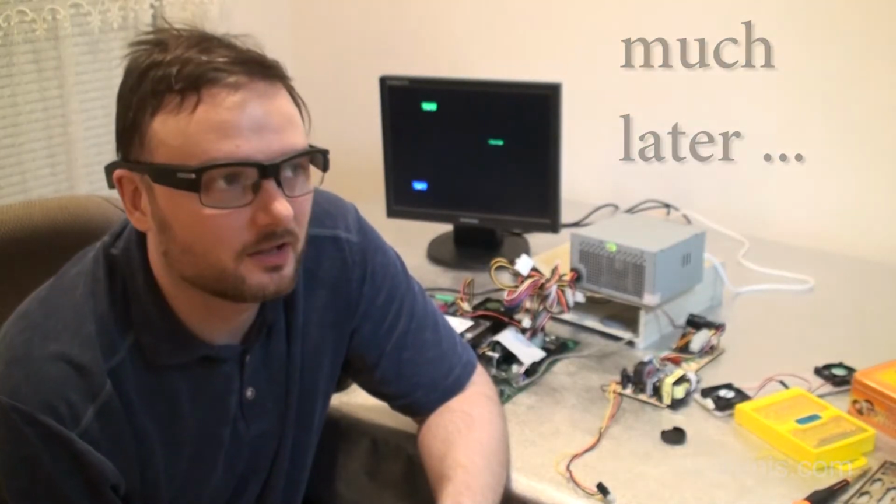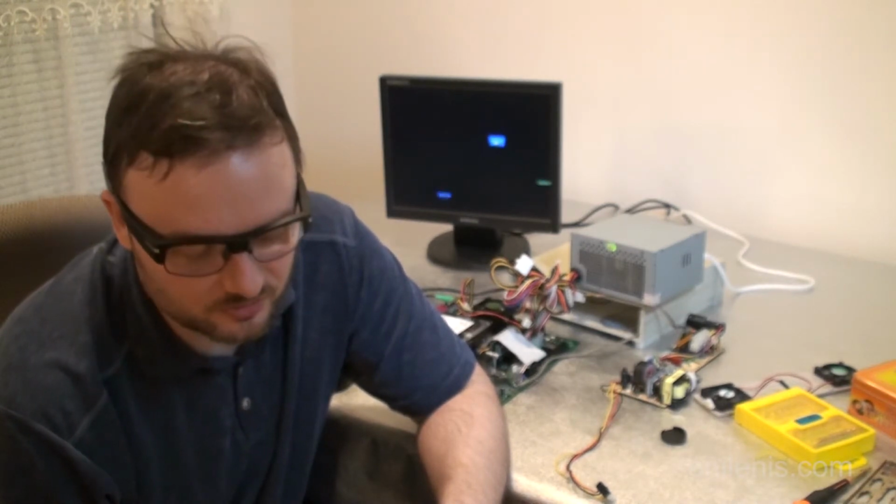Yeah, so the system is stable and running. I had it operating for about an hour now with the two best memory sticks that I could find, which are both PC133, surprisingly, and 128 megabytes for a total of 256, minus 64, which is reserved for the graphics card,